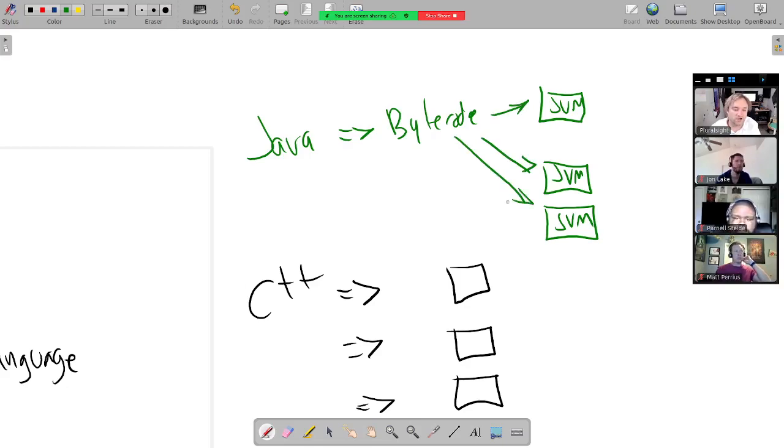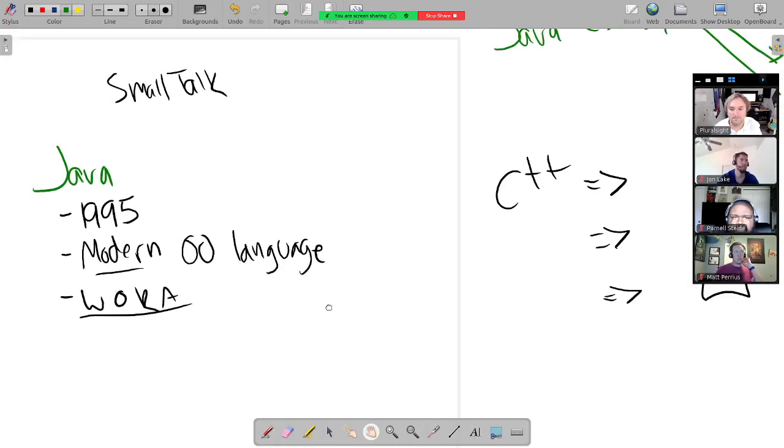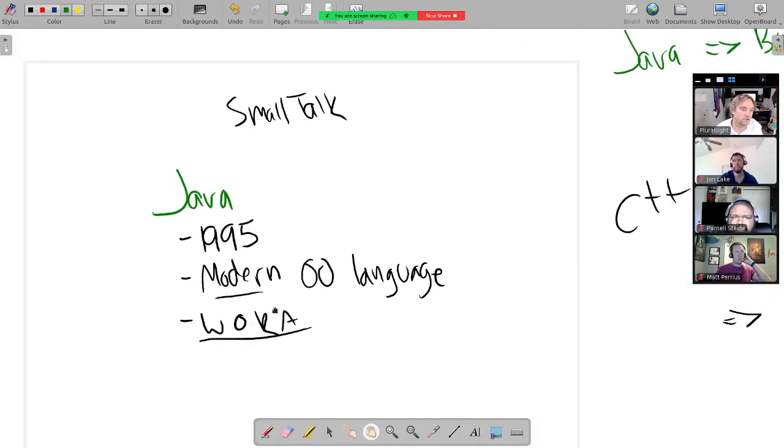So there's no extra compilation step. It's not compiled differently for a car versus a watch versus a smartphone versus the web. All of those different hardware environments run the JVM, and the JVM can run Java bytecode. That was the magic. That was the modern part that they were looking for in Java.